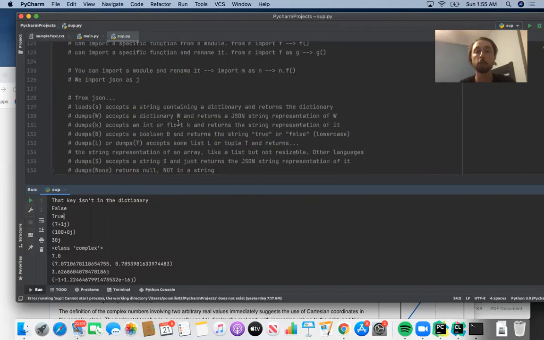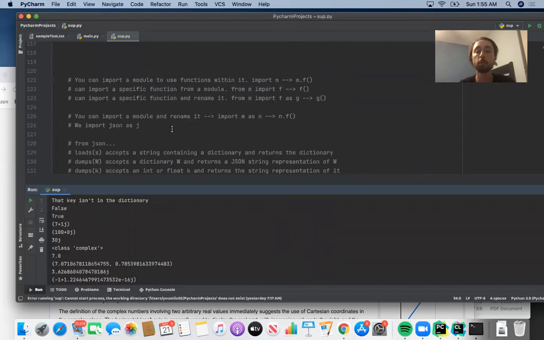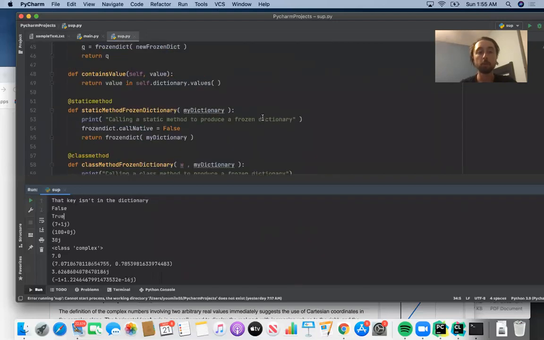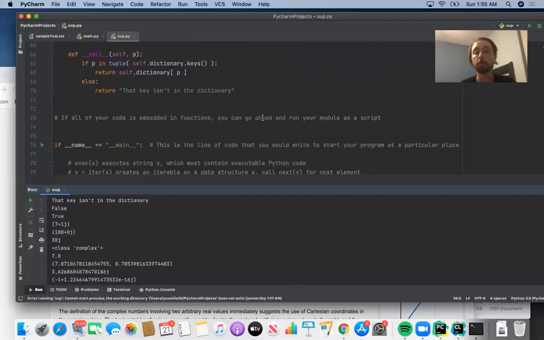the class that we implemented in order to use a frozen dictionary. But I first wanted to do a little bit of review. So we know that we can import a module and rename it, right? So we could say import m as n, and then if we do that, we would call n.f. If there's some function f in the module m, we could refer to it as n.f if we rename the module for the context of our program. And then we also talked about, so we said if all your code is embedded in functions, you can go ahead and run your module as a script: if __name__ == "__main__":